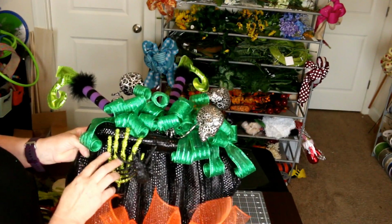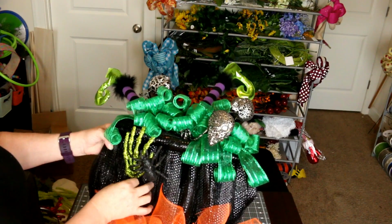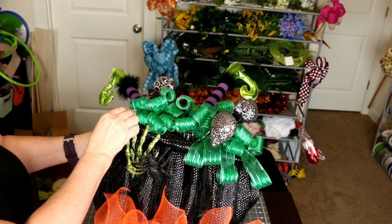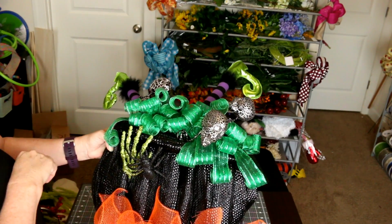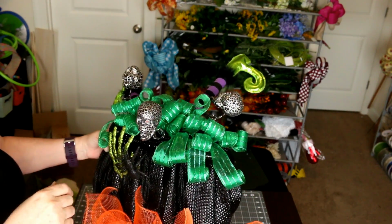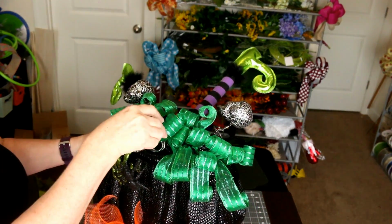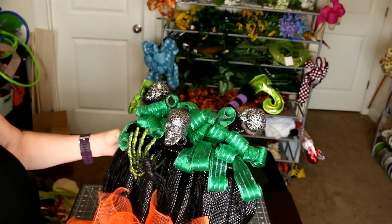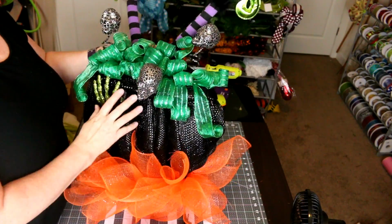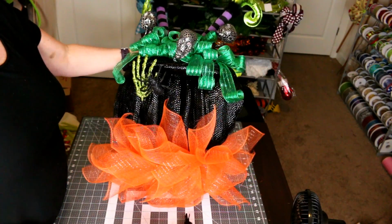The legs were getting caught. So see how cute that is? And I will make sure that none of this is showing. So, fluff my ribbons back up. See, got our little guys hanging out. If I have any trouble with them, I'll kind of shorten their little curls and keep them going where I want them to go. Okay, so after I get the little heads in, and I've got them where I want them, and everything else is in place,